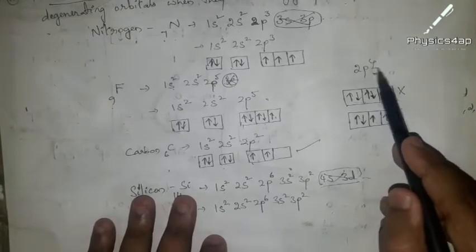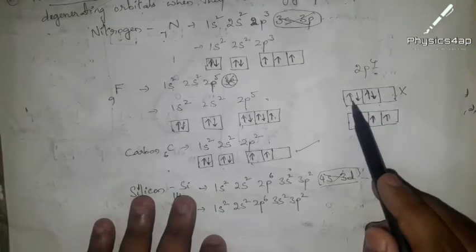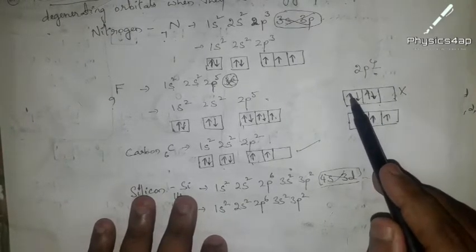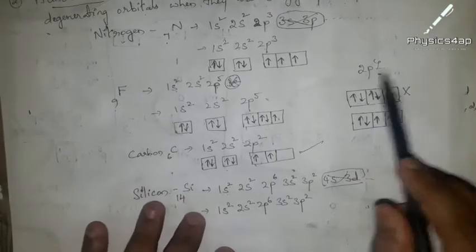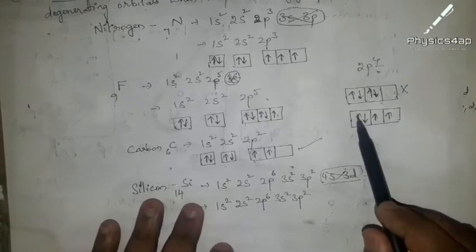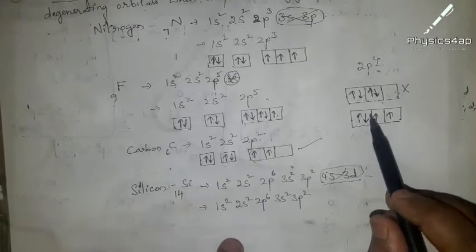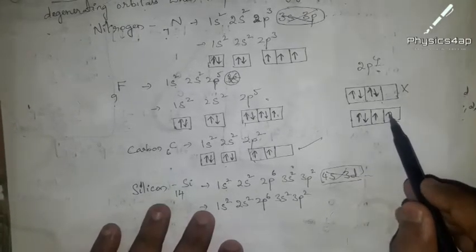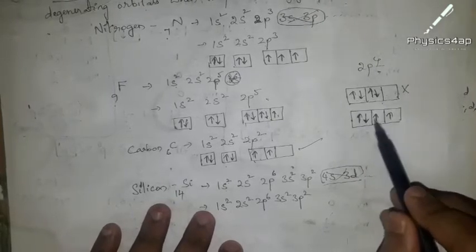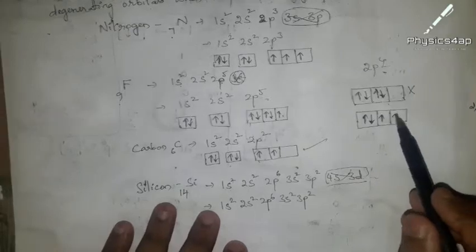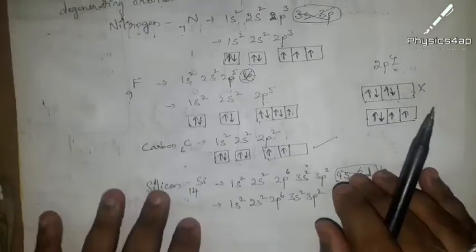For example, we have 4 electrons. So 4 electrons cannot be arranged here at a time, one up, one down, one up, one down. It cannot be arranged like that. It should be arranged in an order that first, 3 should be taken singly. 1, 2, 3. Next, the 4th electron should come and pair up with one of them. So this is what we have discussed about Hund's rule.